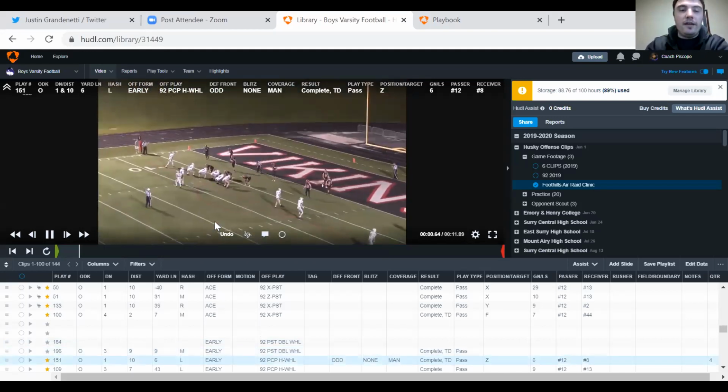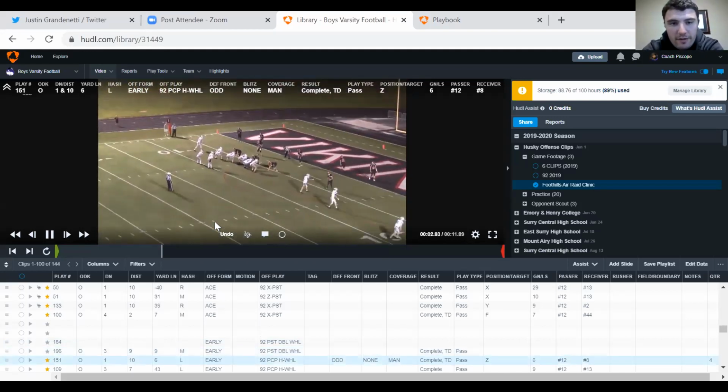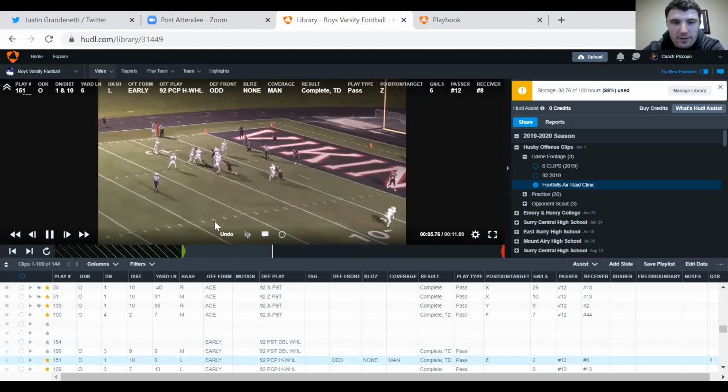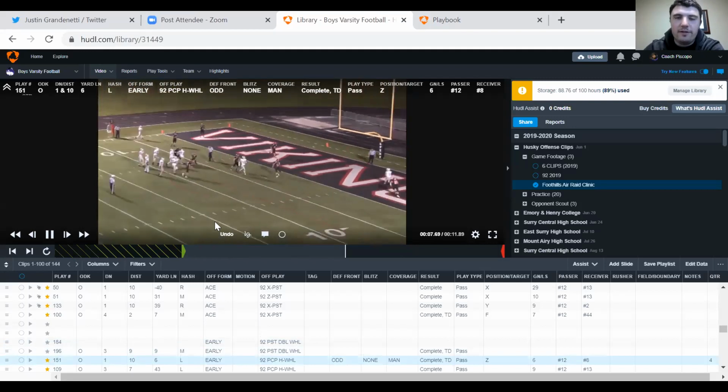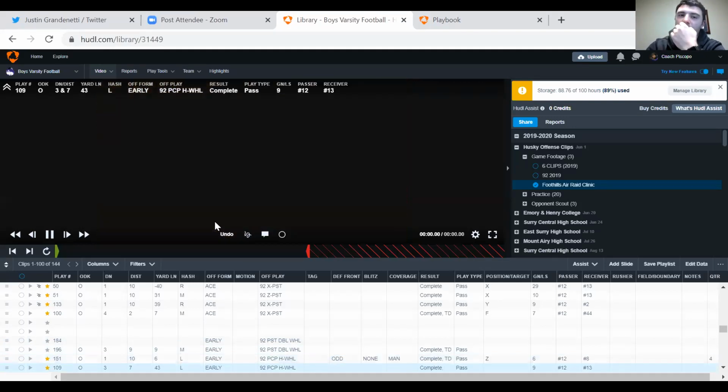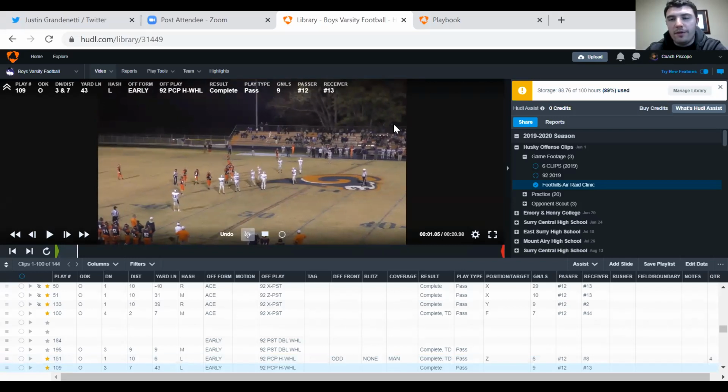But kind of getting to how we've done it in the past as well. This is from 2017. Here's your mesh, there's your post, and that switch happens down there. Kind of got him lost. Hit the post. We threw it a ton